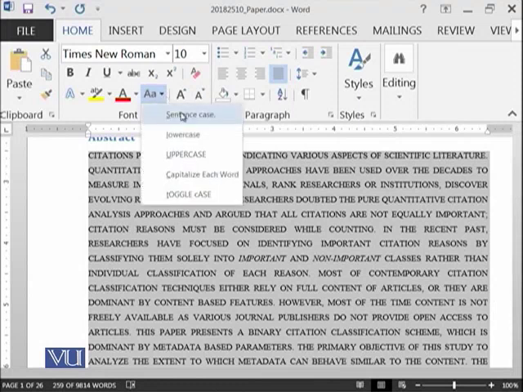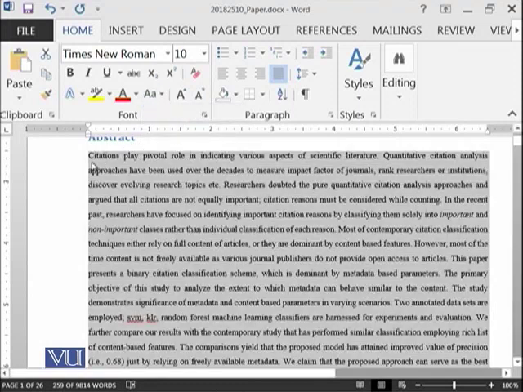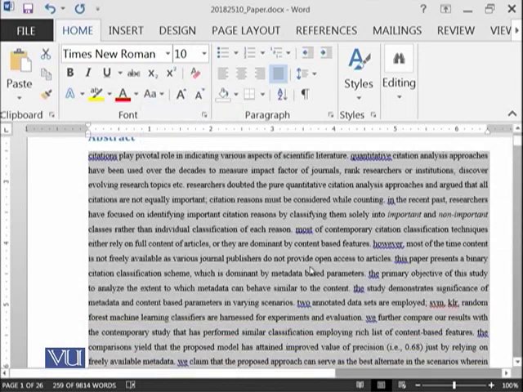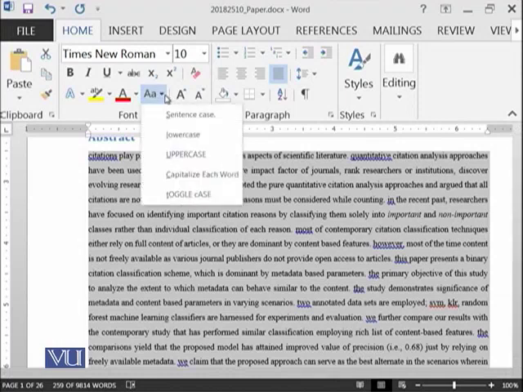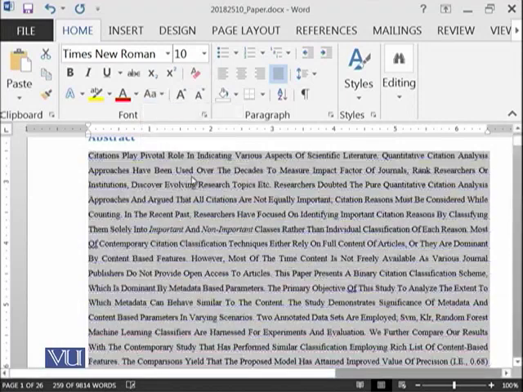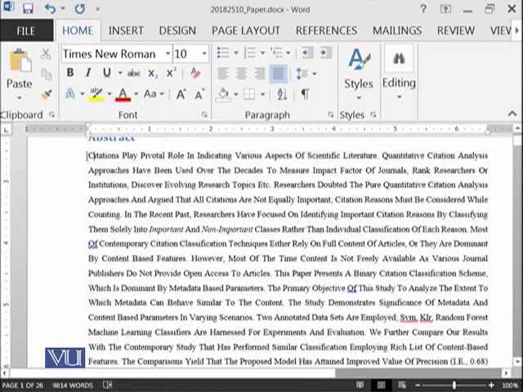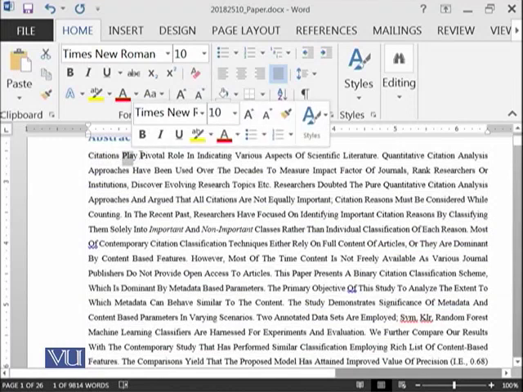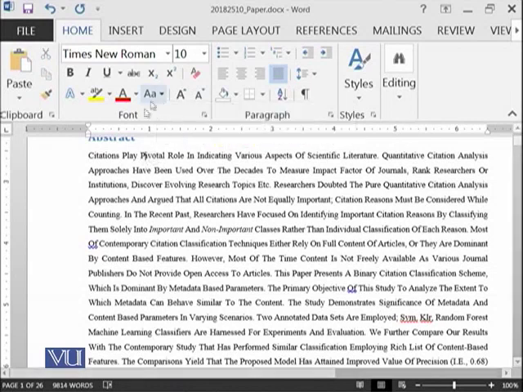Similarly, you can also perform sentence case, which means that the first character of the sentence will be capital and others will be smaller. Then you can also say lowercase, so all of the letters are in lower alphabets. And then capitalize each word, so you can see C from the citations and P from the play and P from the pivotal have been capitalized.